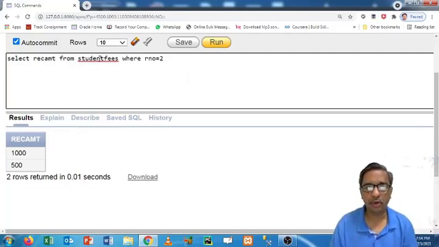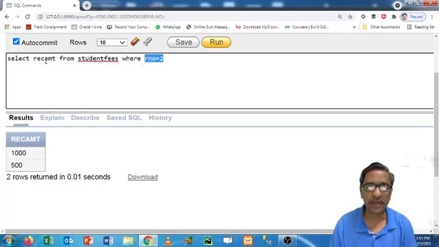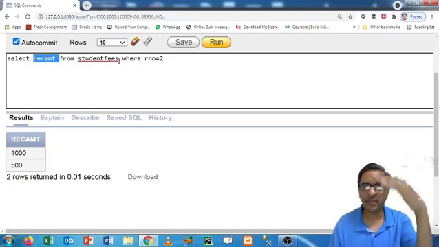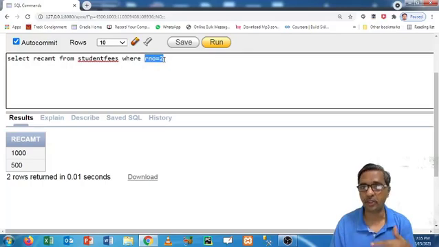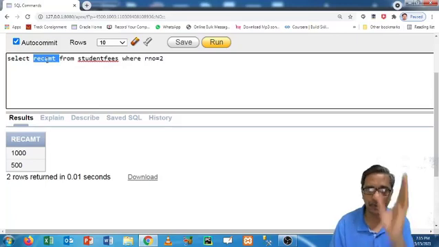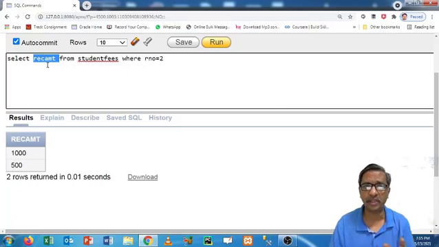So first of all, Oracle will select the records from the student fees table having roll number attribute value as 2. So it will select all the attributes with this particular condition, and from those records, it will select only receipt amount. So first of all, it is a horizontal fragmentation. It will select all the records, or you can say rows, having RNO attribute value as 2. And from those selected records, it will give you only receipt amount, that is a specific attribute. Okay, so this is first horizontal fragmentation, and then vertical fragmentation. It is combined, so it is called the mixed fragmentation.